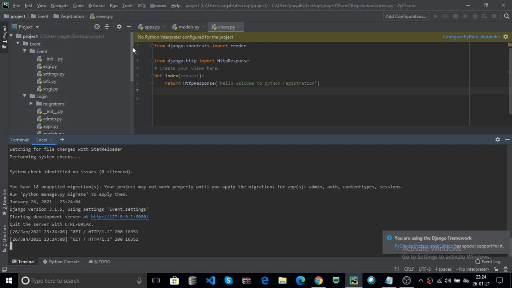The URL configurations are handled by your main project. The project contains one urls.py. It handles all the URL routing. Now double click on that.